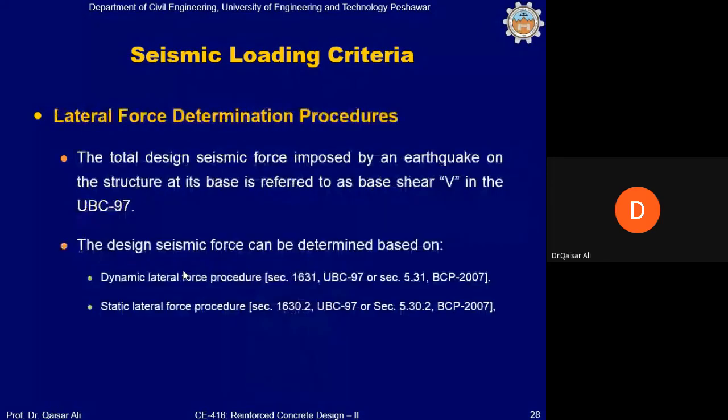Okay, the lateral force determination procedures in the building code of Pakistan and UBC 97 are such that the total design seismic force imposed by an earthquake on the structure at its base is referred to as base shear V in the UBC 97. If you remember in one of the slides, I was trying to explain to you that the total push at the base of the structure,